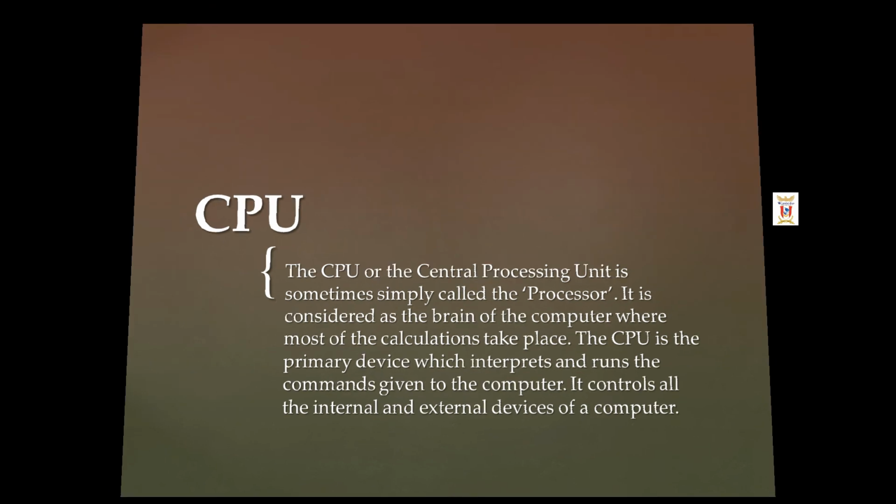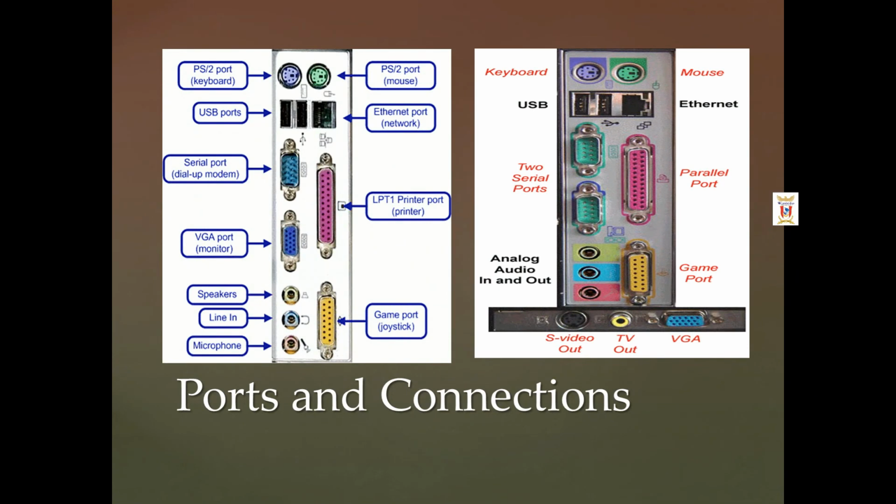Now the last topic of this session is ports and connectors. A computer port is a slot on the motherboard that acts as the point of connection between a computer and external devices. The cables and external devices like keyboard, mouse, printer, monitor, etc. are plugged into these ports in order to attach them to the computer. All these ports are present on the computer cabinet. So let's start. Let's study about these ports.